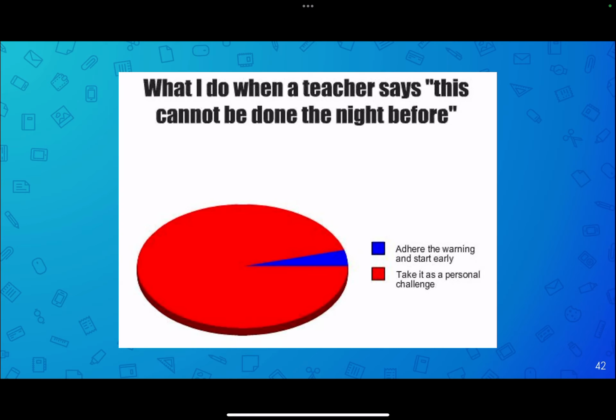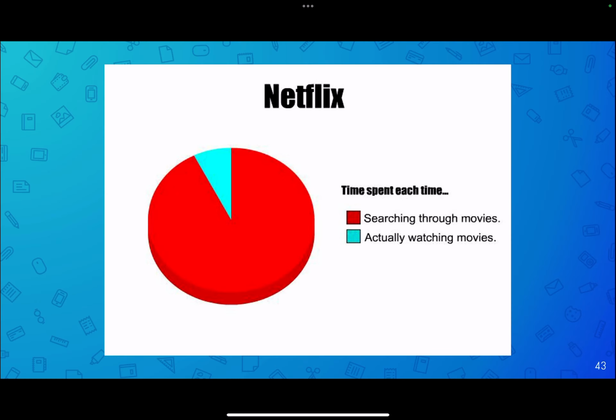What do I do when a teacher says this cannot be done the night before? Adhere to the warning and start early. That may be like, I don't know, a 10%, or take it as a personal challenge would be the other one. Or this other one that I find super boring because it has only two answers. Time spent each time I'm on Netflix, so it could be searching through movies or actually watching movies. So pie charts, again, like every type of chart or graph that you decide to do, need to interpret your